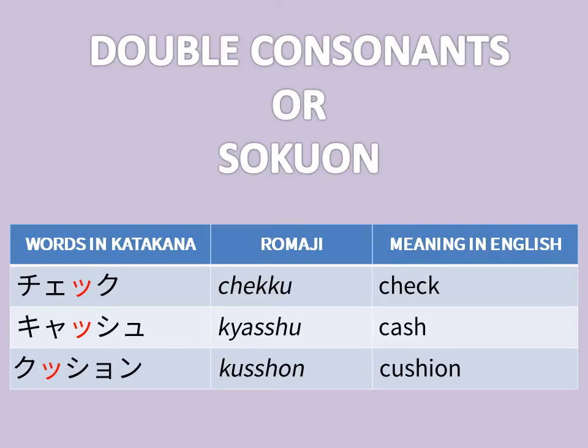Cashew. So you can see ki and a becomes kya, as we had learned in the diagrams. Then the small utsu. Then we have she with small u, making it shu. So you will see the sh sound become sh, then again sh, repeat it twice. So cashew. Then we have the third one, cushion.